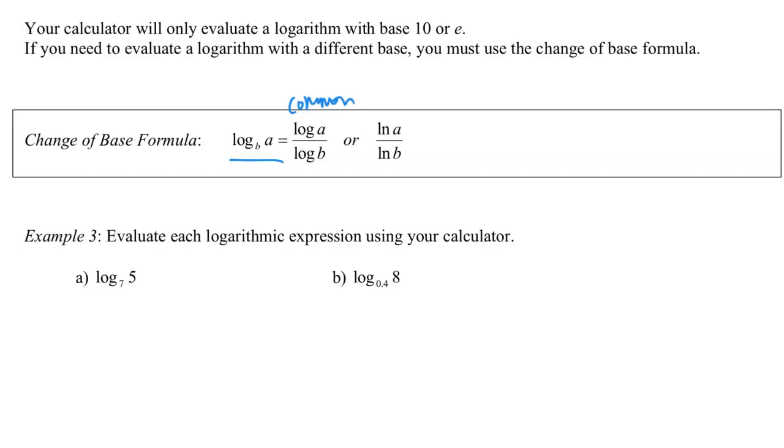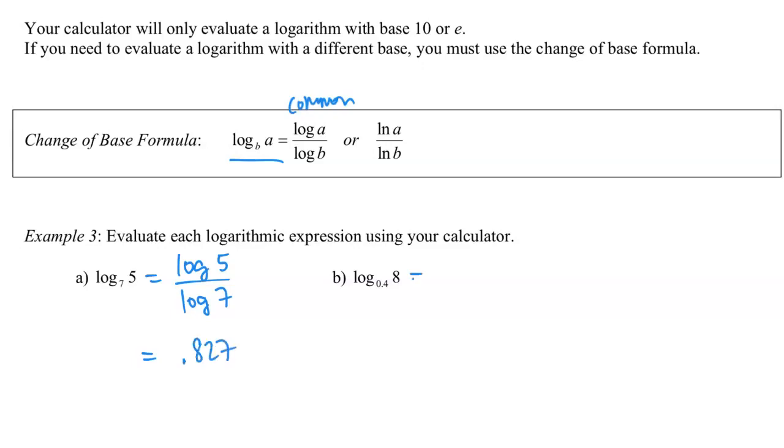Another way you can think about that is the bigger font goes in the numerator and the smaller font goes in the denominator. Don't think about it in terms of how big the number is. You got to think about it in terms of how big the font is. But really, probably the better way to think about it is that the argument goes in the numerator, the base goes in the denominator. So for log base 7 of 5, if I want to evaluate that using the change of base formula, this is going to be common log of the argument, which is 5, divided by the common log of the base, which is 7, and you'll be able to use a calculator to figure out what the answer to that is, and if you went to 3 decimal places, that would be